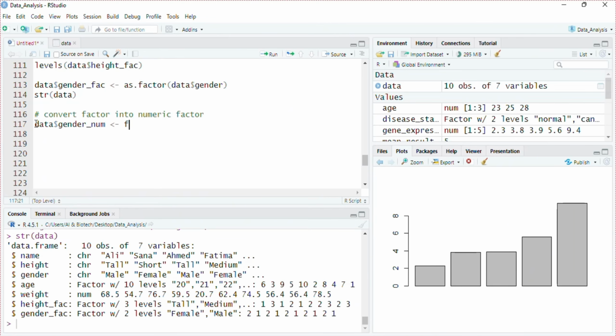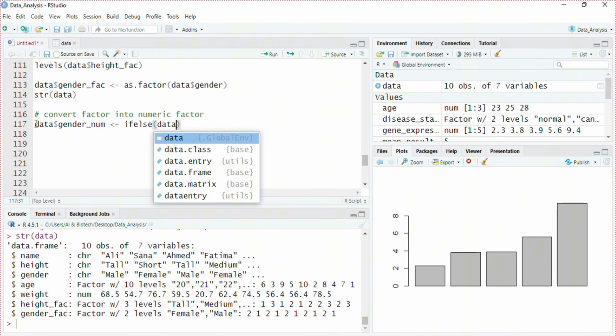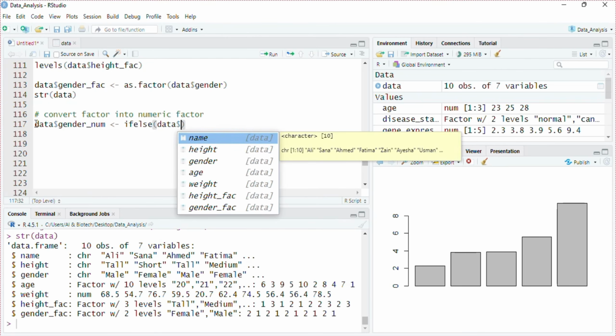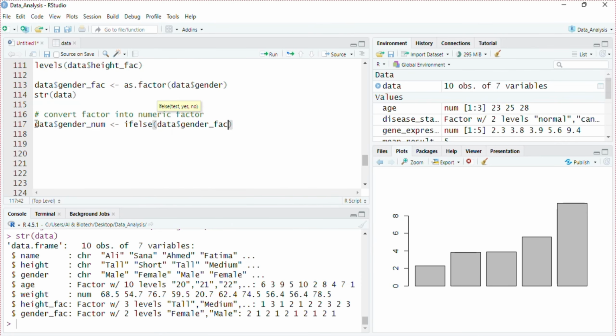Female. Make sure you type the same spelling to avoid any typo. Then assign a number of 1, otherwise 0. What will this line of code do? It will find the female data points from the gender factor column, and if gender is female, then it will assign the number 1. If it's not true, then it will assign the number 0 for a male.